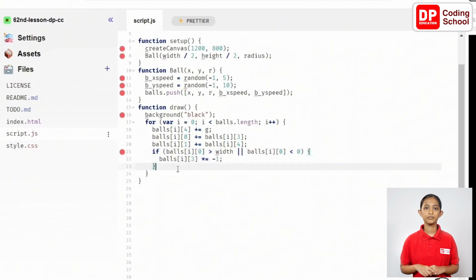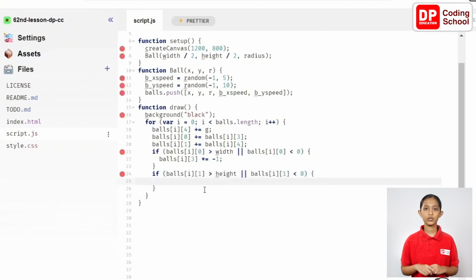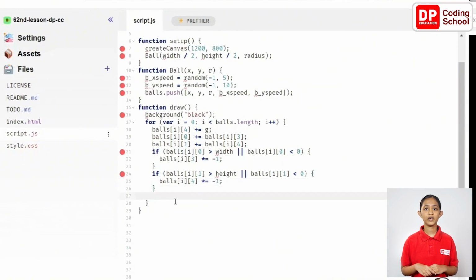{ balls[i][3] *= -1; } if (balls[i][1] > height && balls[i][1] < 0) { balls[i][4] *= -1; } {